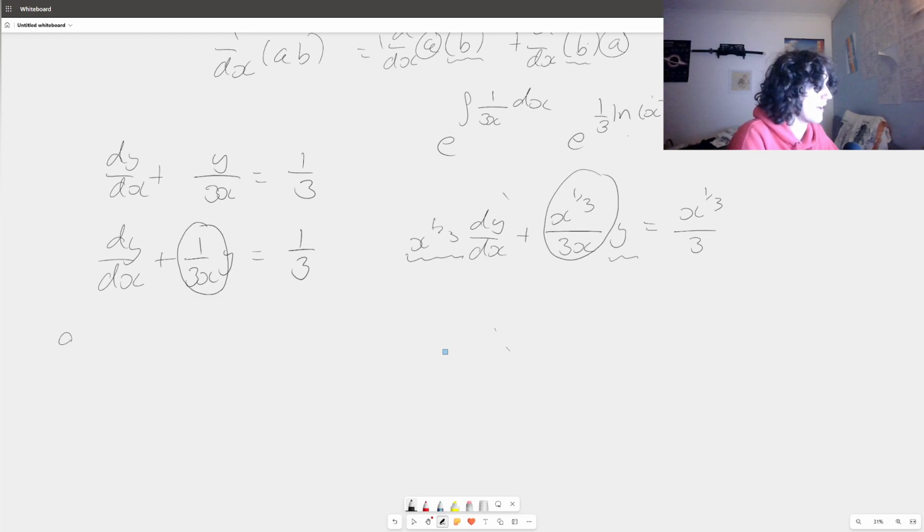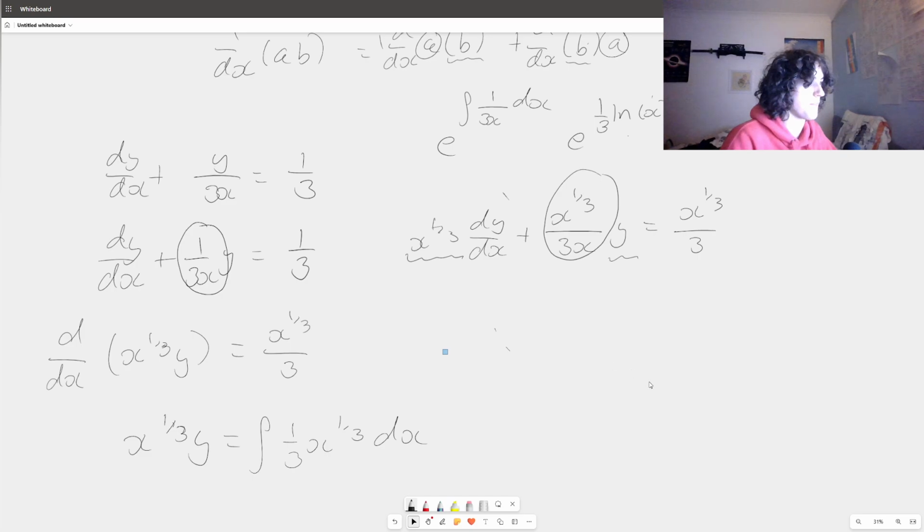So we can say that our new equation is the differential with respect to x, so d by dx, that's the operator for differential, of x to the third y, and that's going to be equal to x to the third over 3. Now we can integrate on both sides. This is d by dx. If we integrate both sides in terms of x, then we can remove this differential operator, and we have x to the third y is equal to the integral of a third x to the power of a third